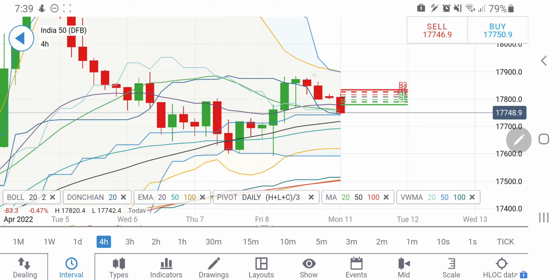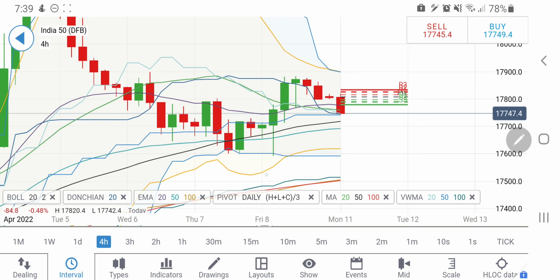Only if it breaks 17,700, I will recommend you to go short for 17,600, which is going to be a stronger support, and below that 17,500 should come into picture. So yes, one can try to initiate a short entry at below around 17,700 levels. Below that it may try to break strongly on the downside towards 17,600, which is going to remain a fairly strong support for Nifty 50 today.